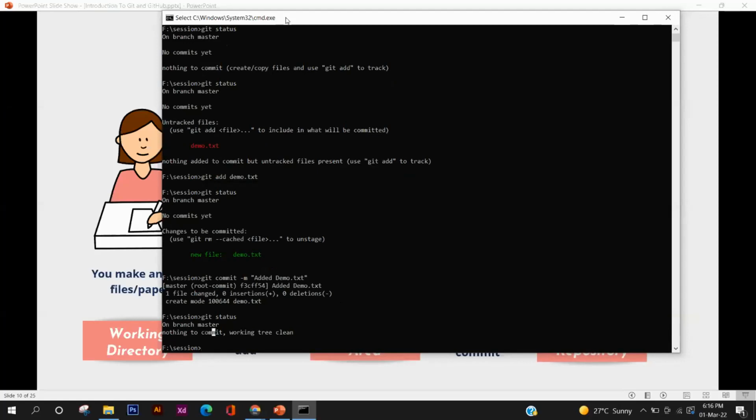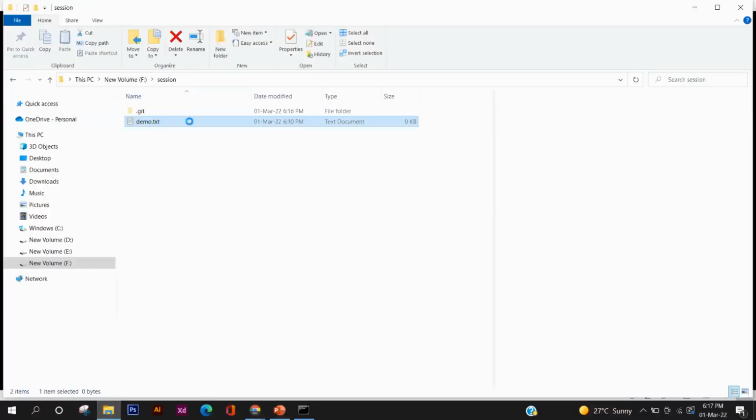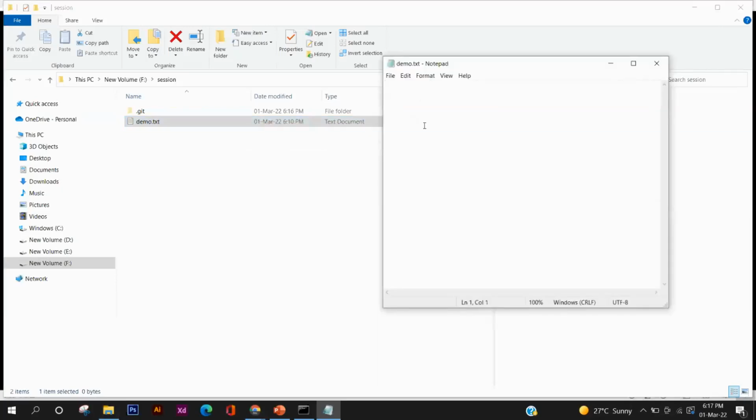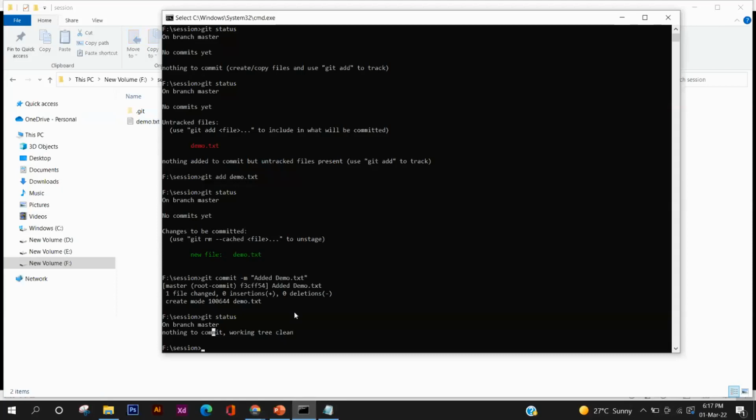So now if I make any changes to this particular file, let me add a line. If I add a line here and I'll save it. Now what should happen according to you? What did I do? I created some other changes. So you should be able to see this change because my file is being tracked and Git should know about these changes. Again, I will run git status